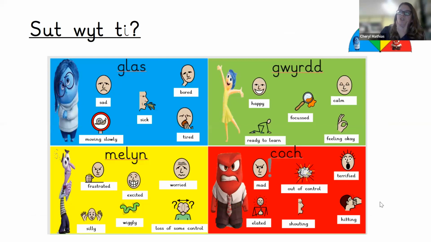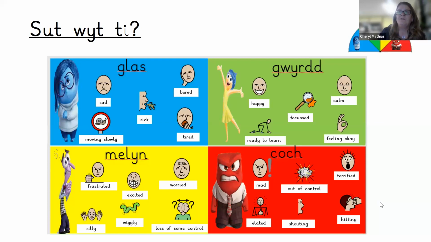Sut wyt ti? We do a check-in. At the minute, we're focusing more on the English kind of feelings. This is in our zones of regulation check-in. So this is like, we've got different colour zones to represent how you're feeling. So we say sut wyt ti, and they'll say glas, gwyrdd, melyn, coch, and we will eventually move on to then using the Welsh